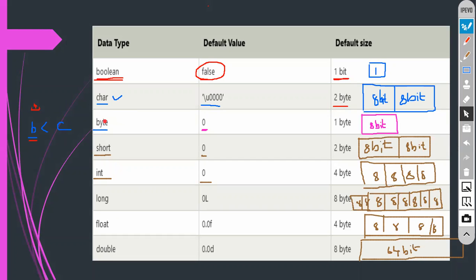Character and short are both equal here. Compared to integer, short as well as character is less. Yes or not? Compared to long, integer is less. But integer and float are going to take the same memory length. But long and double are going to take the same memory length.